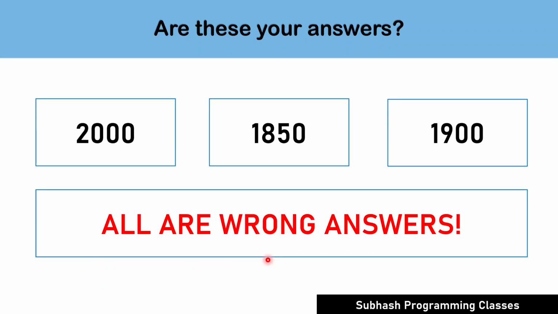What's your answer? If you have got answers like 2000, 1850, 1900, then you are in the majority of candidates who fail in the aptitude tests. But don't worry, you will eventually become good at solving such problems. Though this problem is not at all difficult, you still go wrong while solving this problem. The reason is you don't try to understand the root cause of this problem. Now, let me try to help you solve this problem.